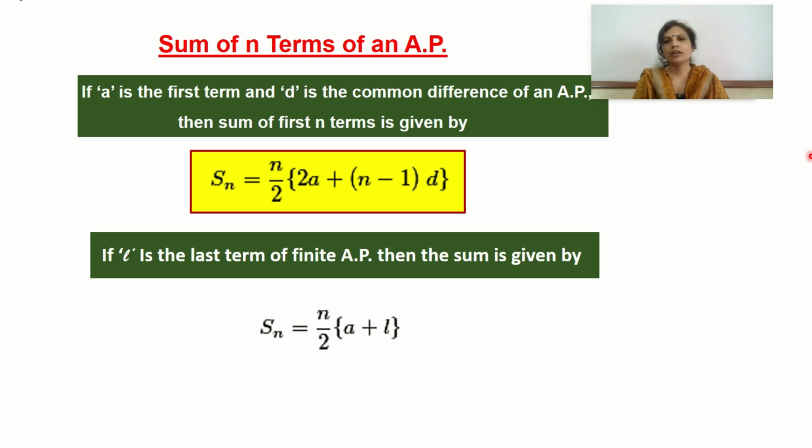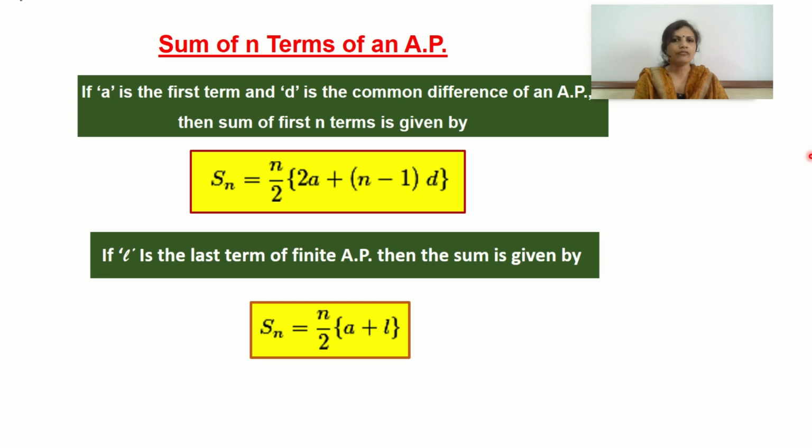We have one more formula to find the sum of n terms of an AP. If l is the last term, and in a given AP we are given the last term and also the first term, then we can use one more formula, that is Sn is equal to n by 2 in the bracket a plus l, where l is the last term of an AP. So l is the nth term also. We can also write a plus an. The last term of an AP is l. So both the formulas can be used to find the sum of the terms given in an AP.